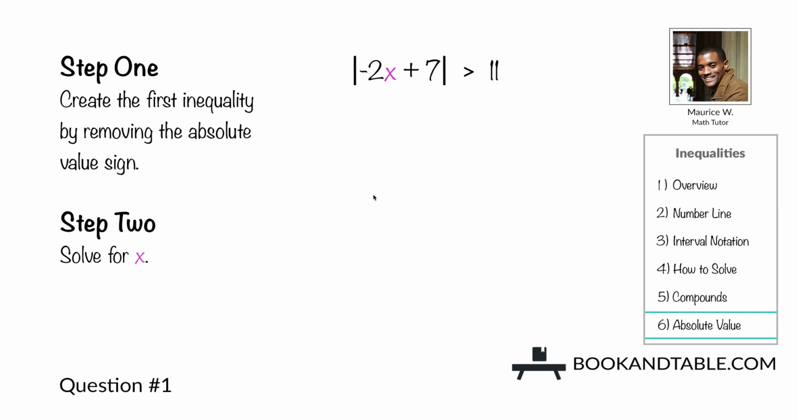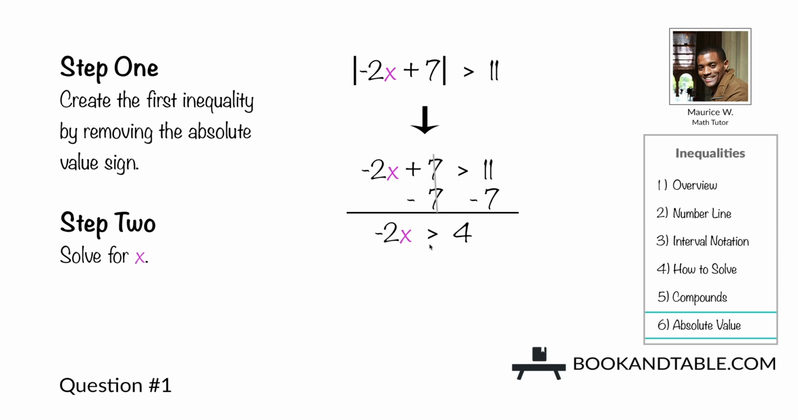Question number 1. We are given the absolute value of -2x plus 7 is greater than 11. Step 1, create the first inequality by removing the absolute value sign. So we have -2x plus 7 is greater than 11. So we'll start by subtracting 7 from both sides, giving us -2x is greater than 11 minus 7, which is